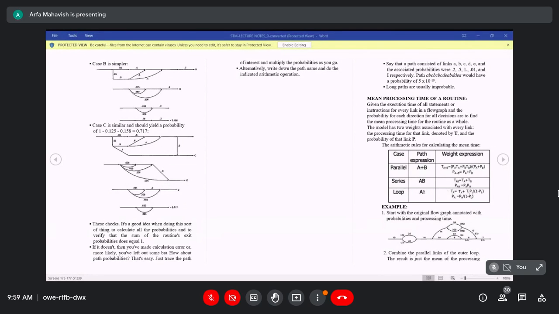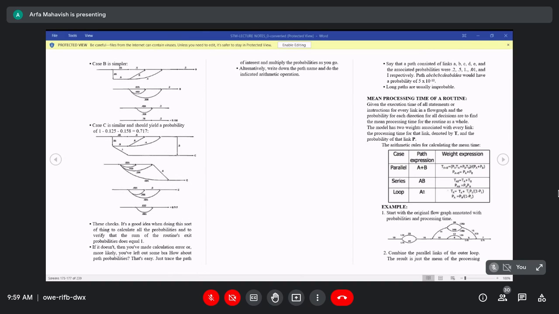The arithmetic rules for calculating the mean process time: for parallel, the path expression is A plus B, and the path weightage is TA plus B equal to PA TA plus PB TB, with PA by PA plus PB. And PA plus B is equal to PA plus PB.